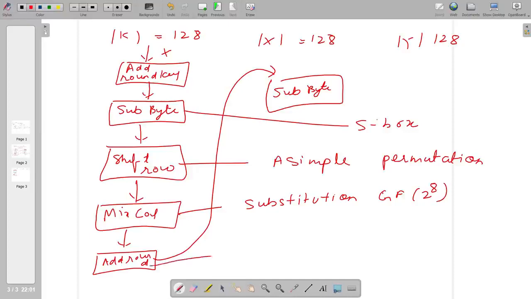And a round key is a simple bitwise XOR of the current block with a portion of the expanded key. So we will understand what is the expanded key, what is this sub byte S box, what is this shift row. We will understand all these things. So let's first understand the